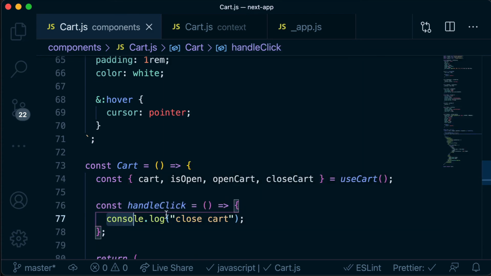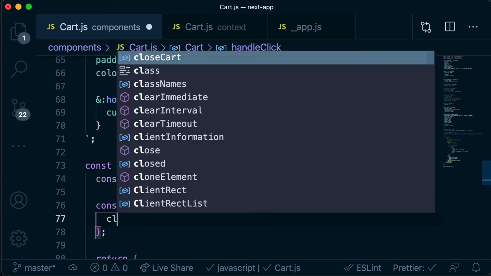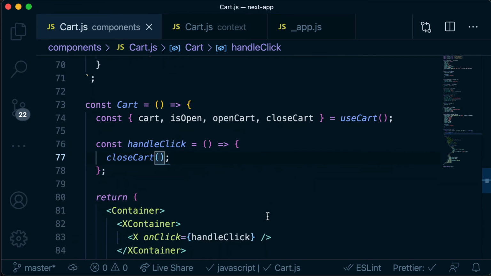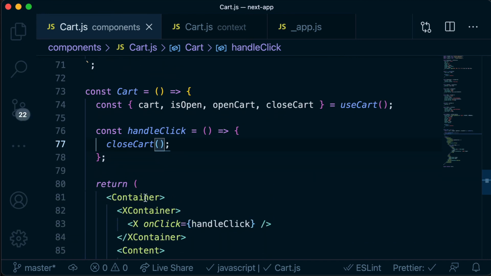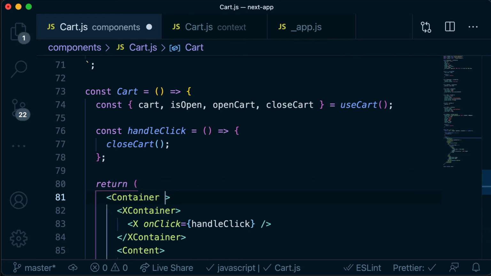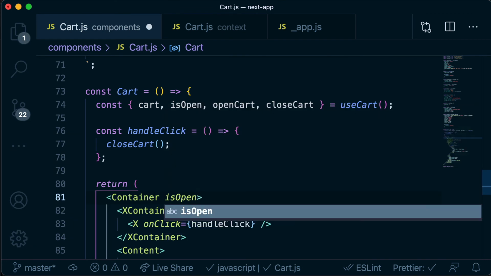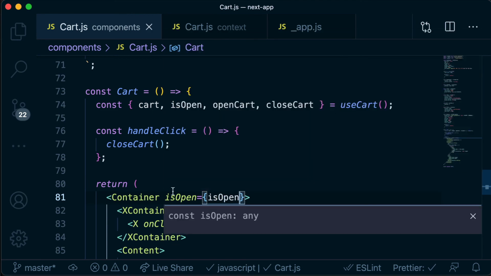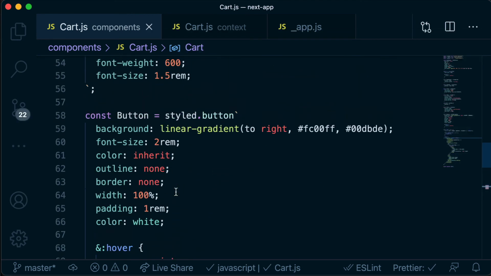And so now here, where we're saying close cart, we can just call the function closeCart, which is going to magically do that for us. And then since we're using styled components, we can actually pass props to our styled components. So we can pass our isOpen value through to our styled component as a prop. And then up here,